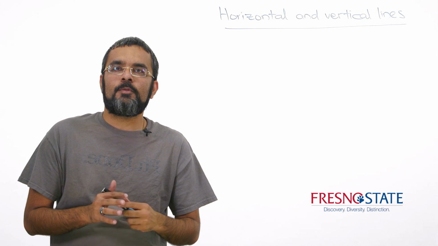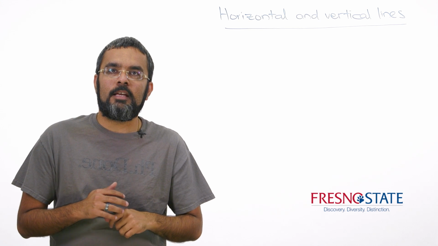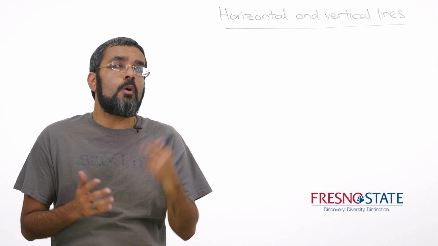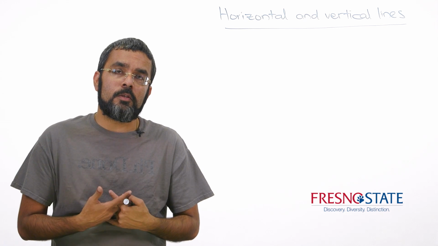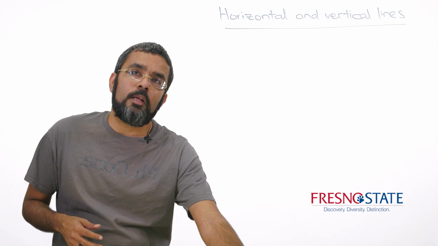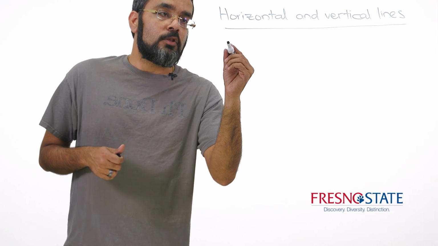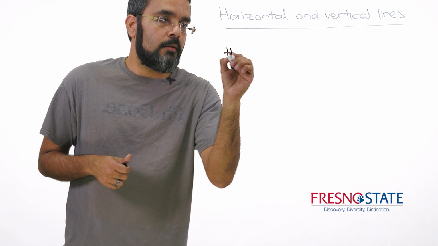Hi everyone. In this video, we're going to take a brief look at the equations for horizontal lines and vertical lines. Okay. So horizontal lines. How do we know a line is horizontal? Well, if you remember, we know that a line is horizontal if it has slope of 0, right? So the slope for a horizontal line